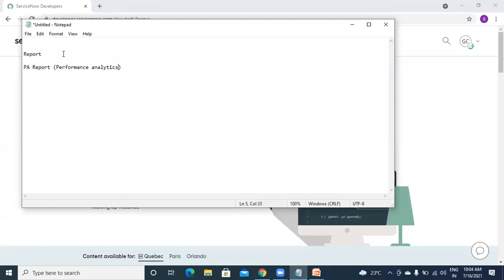So what is the difference? If we have a report, then why do we need a performance analytics report? In a normal report, as I told you, if we have an incident table, they will ask for a report by assigned-to persons: this person, like Gautam, how many tickets he has, Sharath, how many tickets he has.